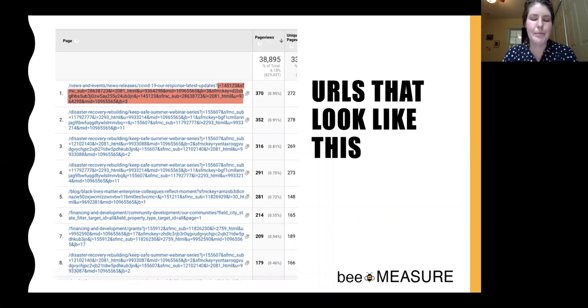So if you want to get basic stats on how many visitors came to news and events, news releases, COVID-19 response latest updates, your COVID-19 response press release that you put out there, it's actually super complicated, because you now need to search in analytics for every instance of this URL and then add them together. It's just adding this extra step that's super annoying and doesn't make you want to pull stats on a regular basis to look at what pages are popular.